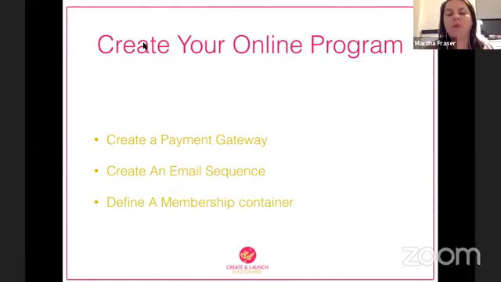So your online program can be many different ways. It can be an email program that goes out via email. It can be a Facebook group and a couple of PDFs. It can be hosted in a third-party application like Kajabi, Teachable, Thinkific, or you can get a plugin, which is the cheaper one.